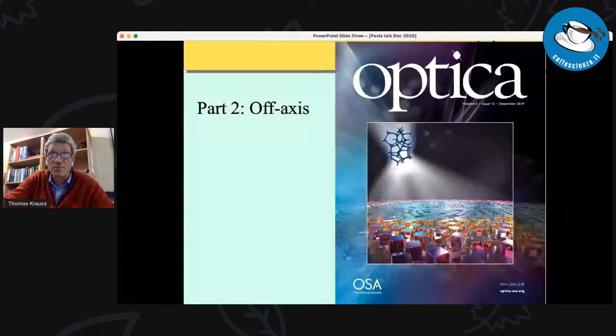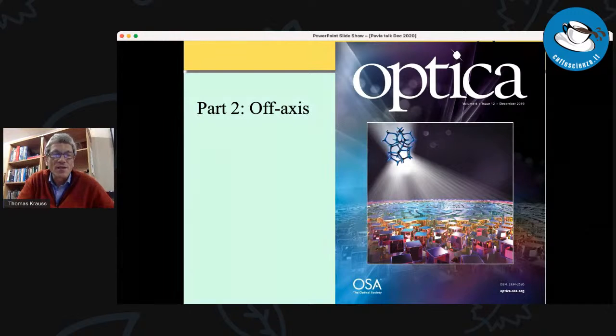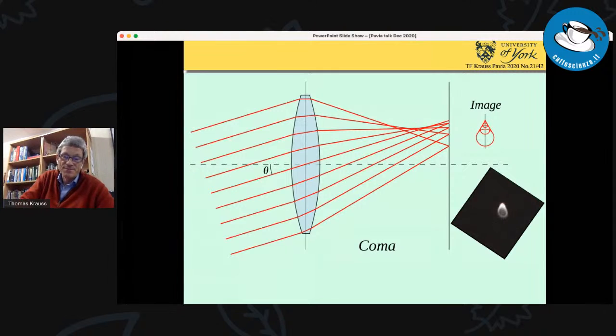Okay. So the second part, as I said, we now want to look off axis. This little picture makes the point. And why is off axis important? Everybody who makes a metalens uses a laser beam and focuses it down, and that's actually quite easy. What is much more difficult is taking an image, where you need rays that are off axis. So any lens that does imaging uses off axis rays. So it's very important. Now, what's the problem?